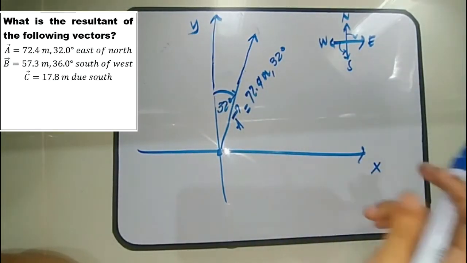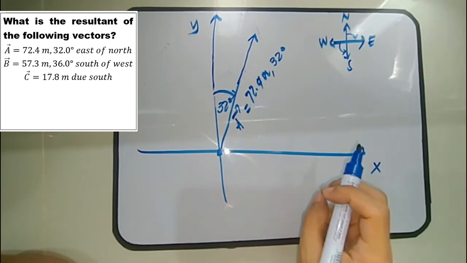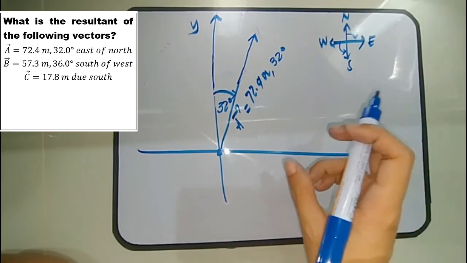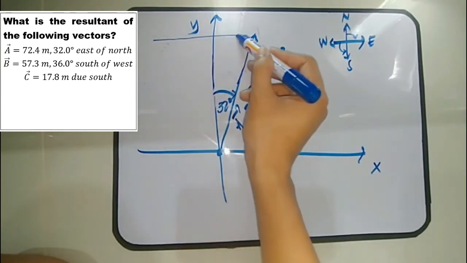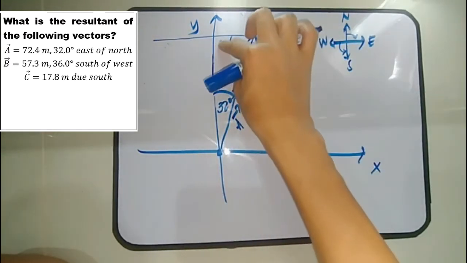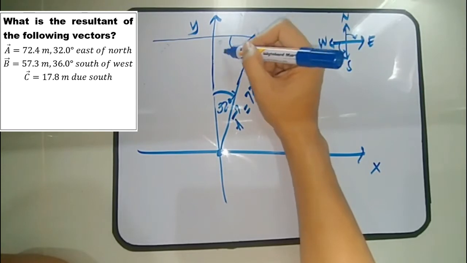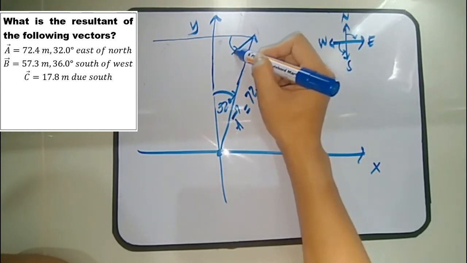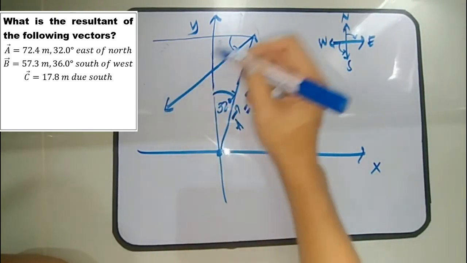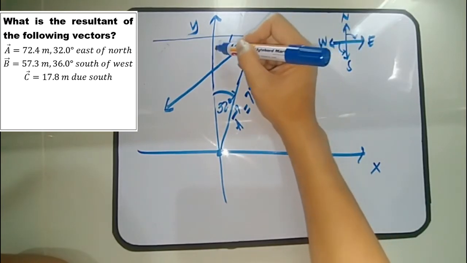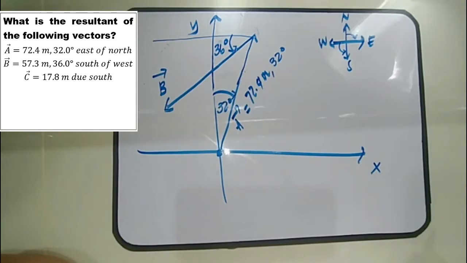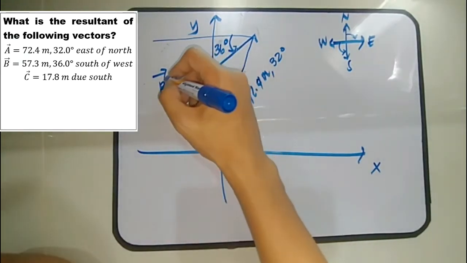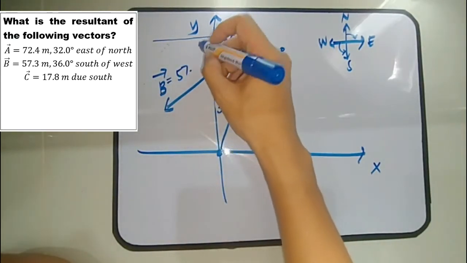So, yung vector B natin guys is measured from the west. Since this is south of west. So, from west tayo here. So, this is a straight line here. West. Then, ang angle natin is 36 degrees. So, this is vector B. So, this angle is 36 degrees. So, vector B. So, ang magnitude ng vector B is 57.3